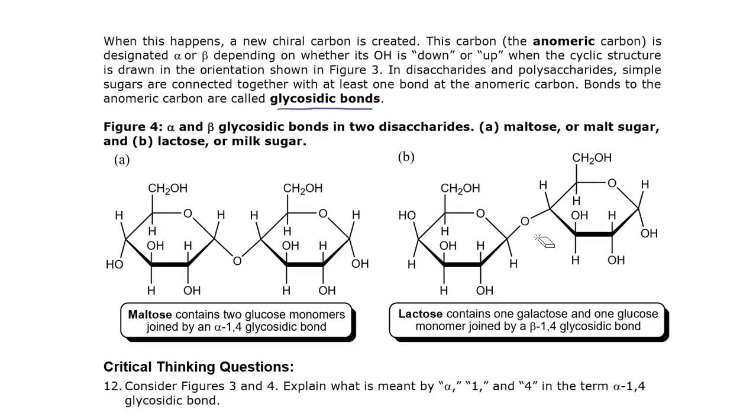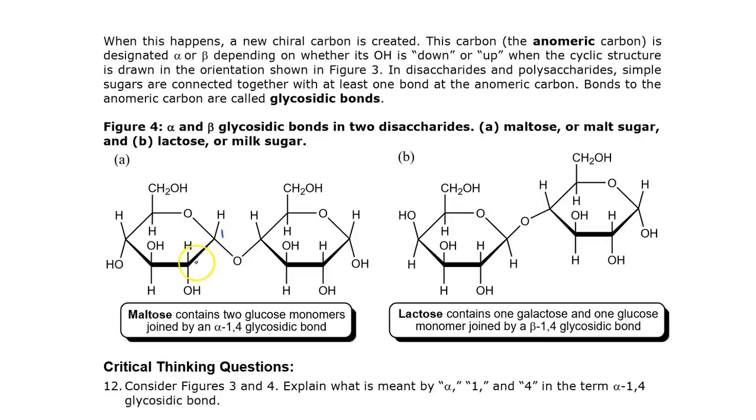And so what you need to be able to do with this is to look at 2 sugars, figure out if they're alpha or beta, and figure out which carbons are connected. So if I've made 2 glucoses, how do I know these are both glucose? There's 6 carbons. The OH is down, up, and down. 6 carbons, down, up, and down, which is right there. Those are both glucoses.